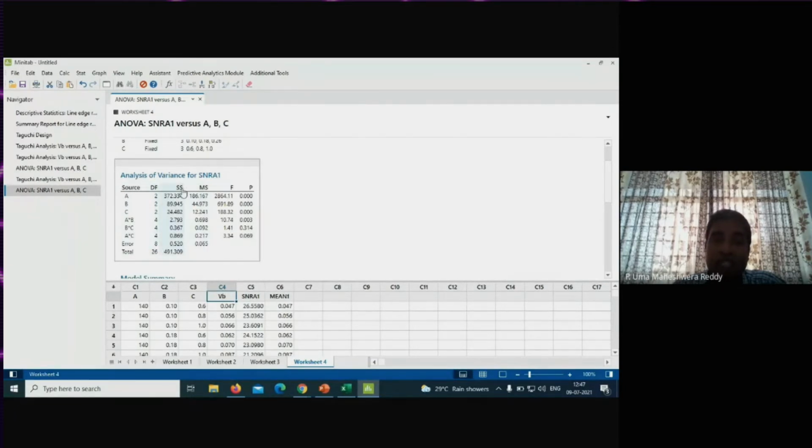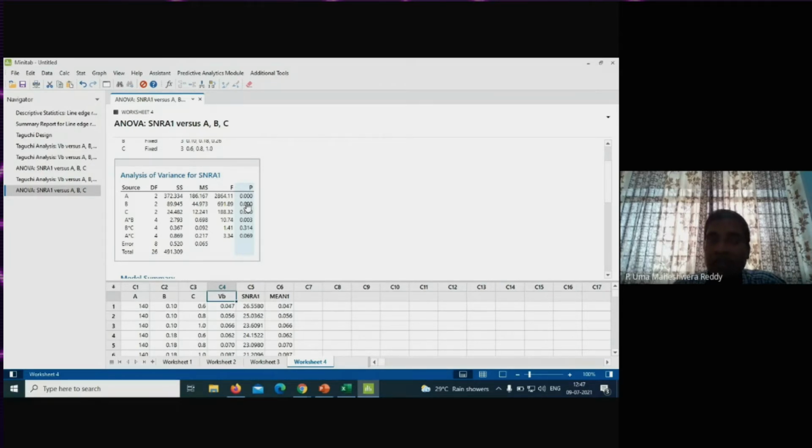Similarly, the next column is the sum of squares. So mean squares, if you average it, if you sum it, you will get the sum of squares. And the next one is the variance. You know how to calculate the variance. And the next are the F test value and P values. This P value I will explain clearly in the Anderson-Darling test, normality test. Normally this value should be less than the alpha value. Alpha value is like a confidence interval.